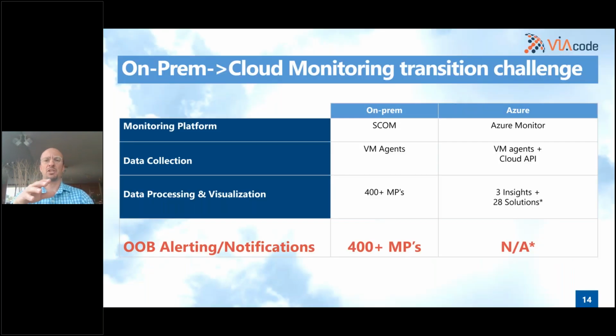And to highlight the point, I'm showing here, as you migrate from on-prem to the cloud, and you take 2 pretty well-known Microsoft monitoring platforms, System Center for on-premise versus Azure Monitor in the cloud, I did a quick comparison for you, where you see that Microsoft in on-premise was relying on, first of all, a mature product, and an ecosystem of third-party vendors and Microsoft internal product teams to develop management packs, essentially monitoring artifacts that provide data collection, data visualization, and alerting for you.